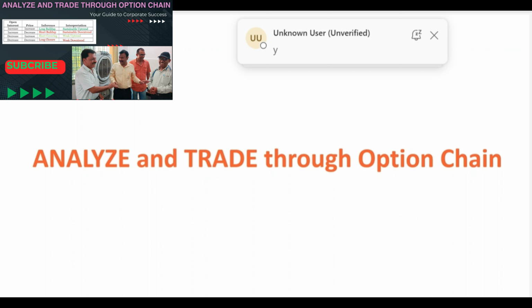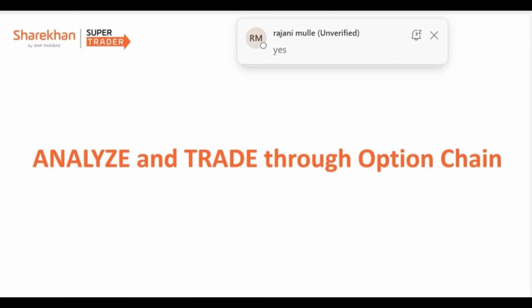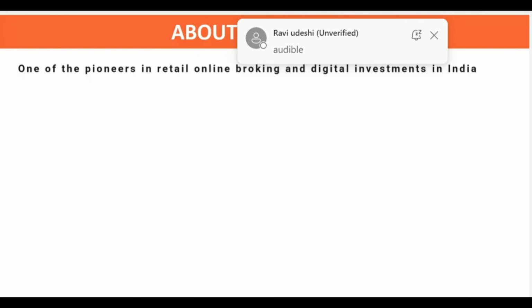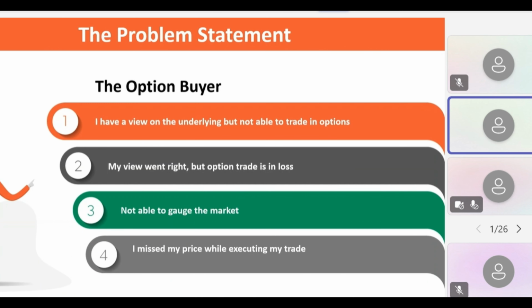Hello everyone, welcome all of you to this special session on analyzing trade through option chain. In that particular session, I, Shrikant, belong to the session and I will be your instructor. Before starting, I would actually like to tell you about the problem statement. It's a very common thing, and that's why we have